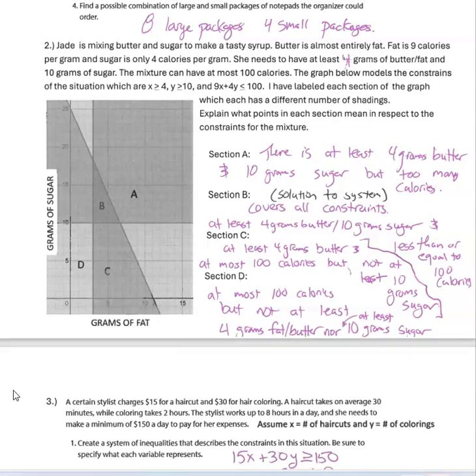So A, all of the points in A are double shaded. So what does that mean? It means there's at least 4 grams of butter and 10 grams of sugar, but it's too many calories. Okay, that's why it's not shaded by that diagonal one that's talking about number of calories. Now B, on the other hand,